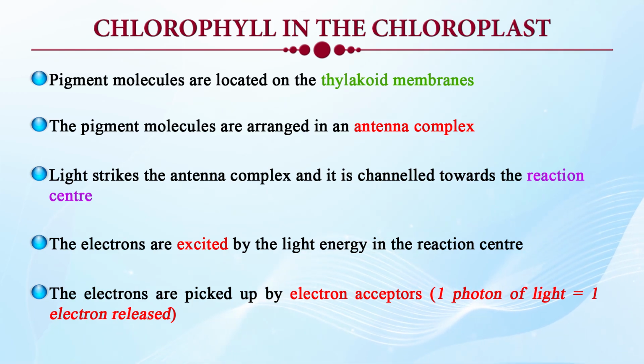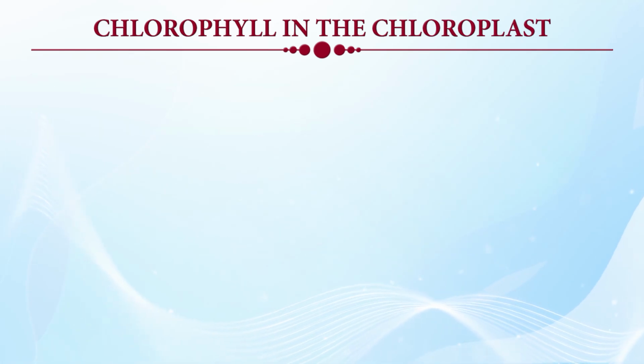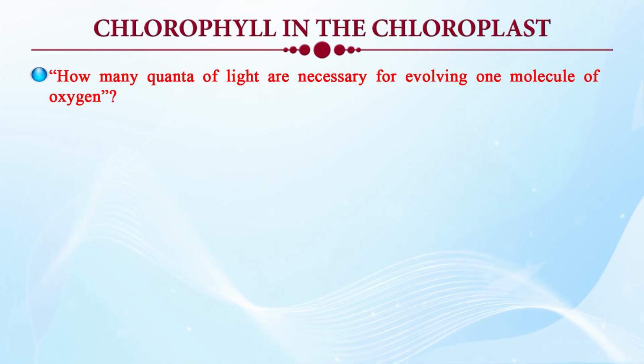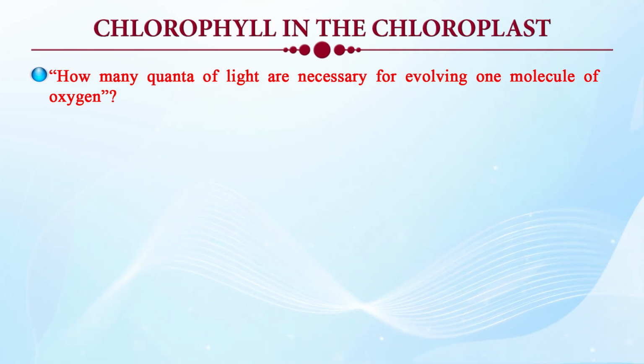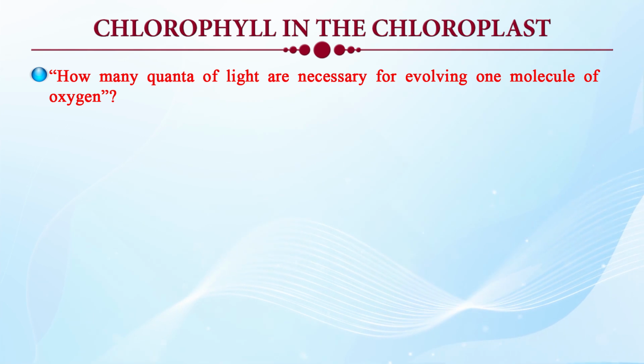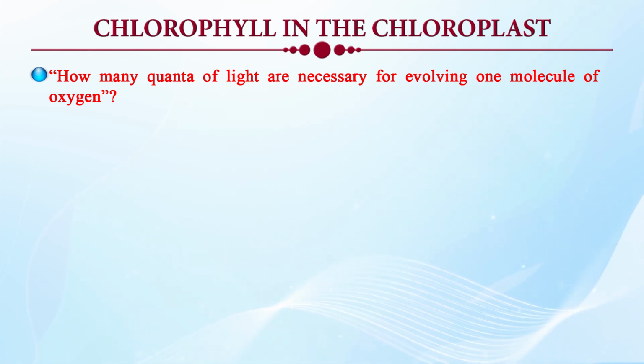We all agree that one photon of light is equal to one electron released. But then how do we answer the question as to how many quanta of light are necessary for evolving one molecule of oxygen? This gives us a thought to learn some